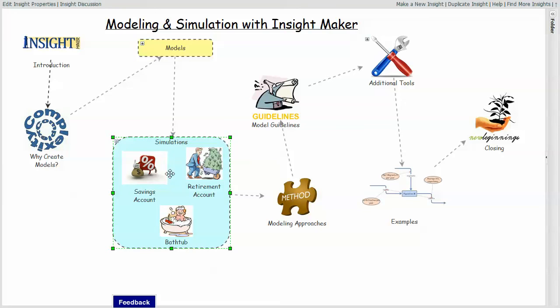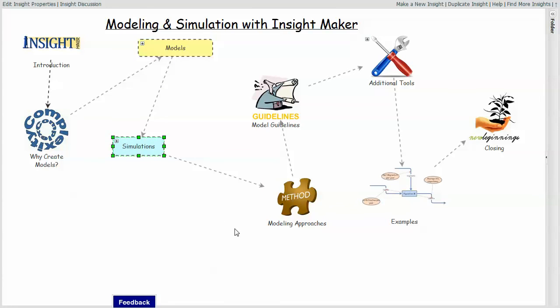Then there are examples for creating 3 different entry-level simulation models in the sequence, and then a module